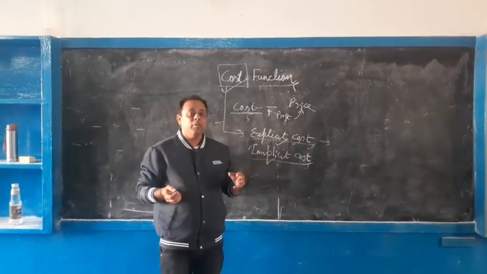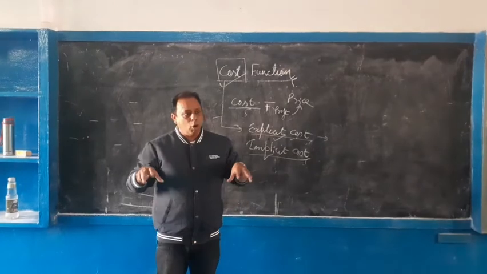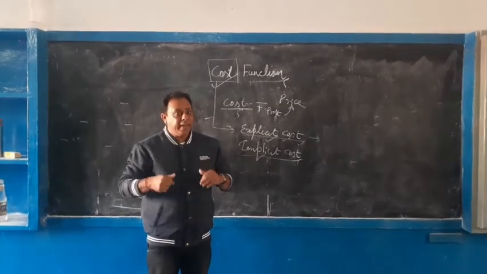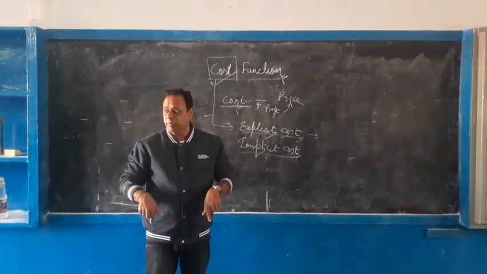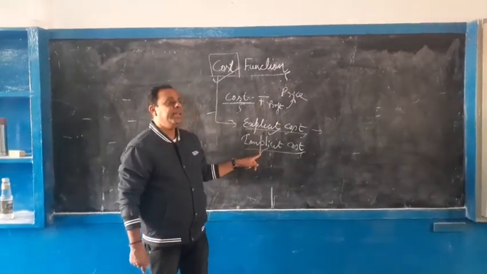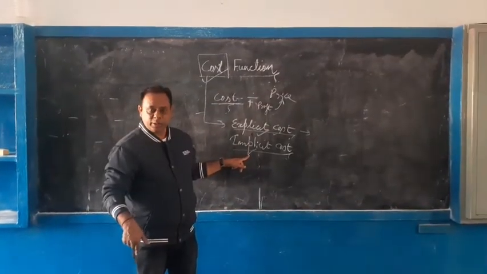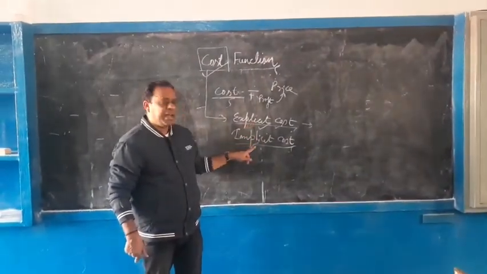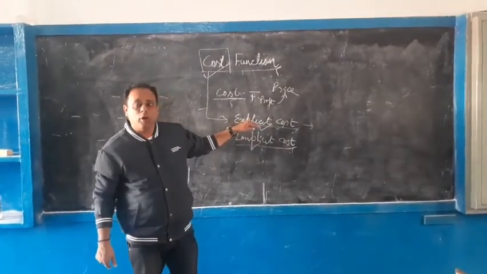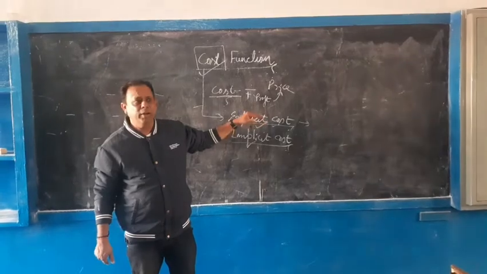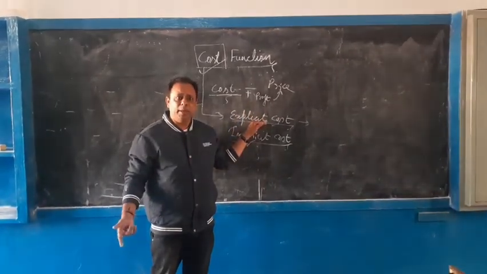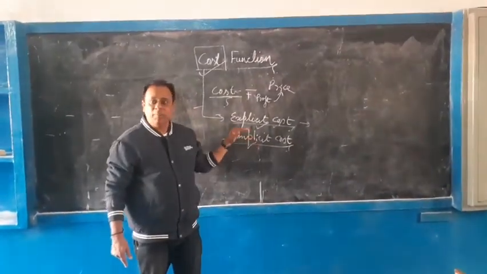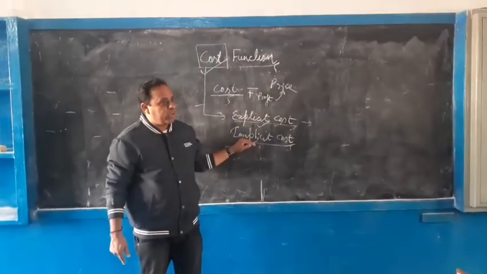Implicit cost is the cost within the firm, within the organization of the owner. For example, I own this room on rent, so that rent I have to pay. It is part of my organizational cost, so that will be included as implicit cost within the organization. Understood? Got the difference between explicit cost and implicit cost? Explicit cost is the cost to be paid to the outsiders. For example, if you are buying raw materials, we need to pay some amount. That is explicit cost. Implicit cost is within the firm of the owner.